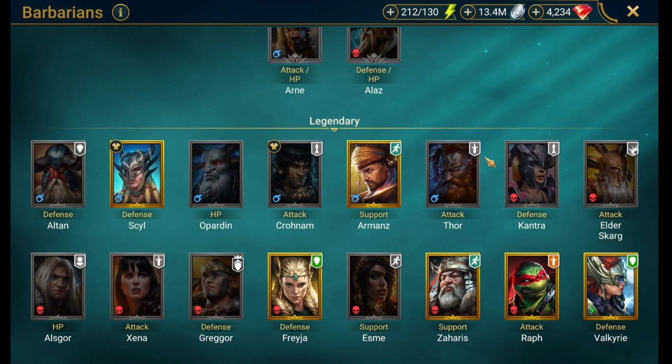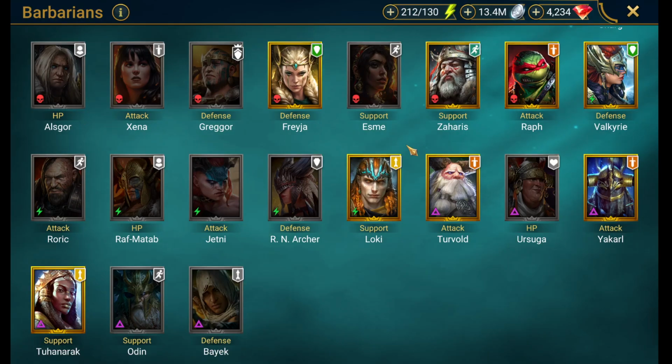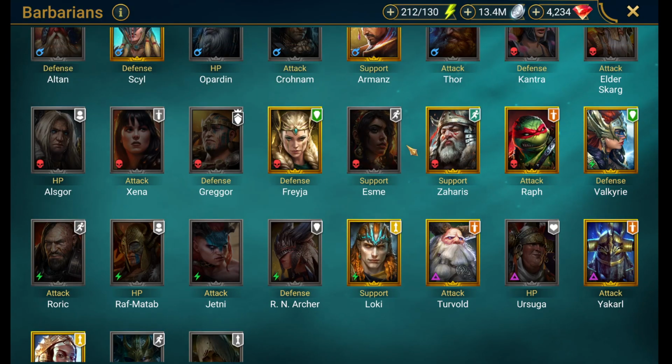Barbarians. I think this was the very first Faction Wars normal I beat. Literally, as soon as I got Armands, it was over. Nothing in Faction Wars could stop me anymore once I had Armands. So it was Armands and Tuhanarak, Freya,